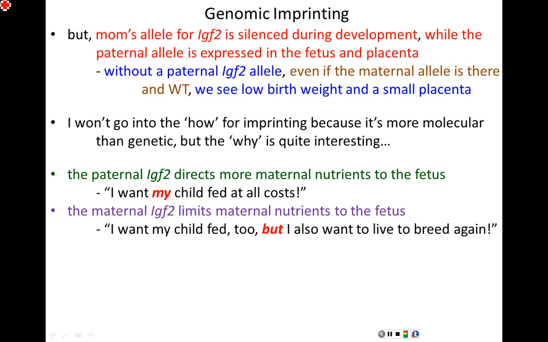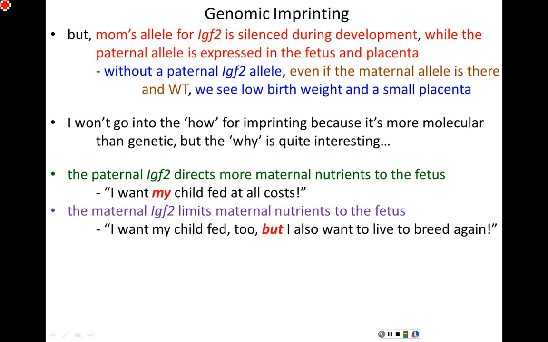I, as a maternal organism, want to be able to live healthy enough to be able to breed again and get my genes into the next generation another time. These are competing objectives of these two alleles. The paternal allele says, to hell with your current health, you feed this child at any cost, big placenta, lots of nutrient theft. The maternal allele says, I want the child too, I want to feed the child too, but it's okay if the child doesn't develop quite as fast and quite as well and quite as healthy, because I don't want to give as many nutrients of my own to that developing fetus.